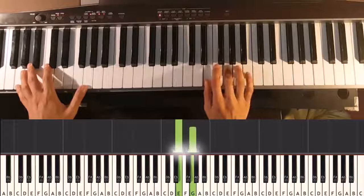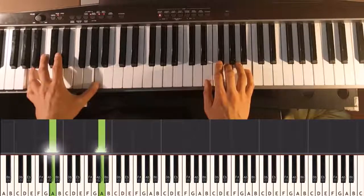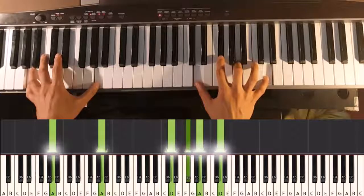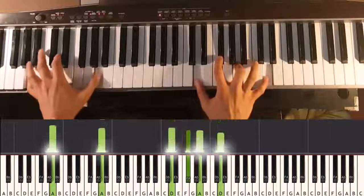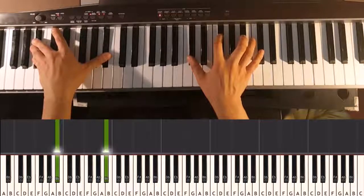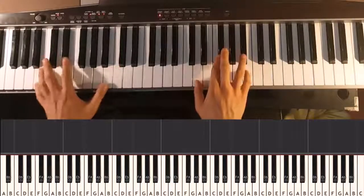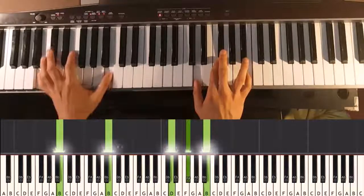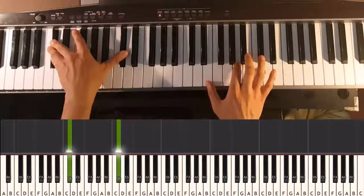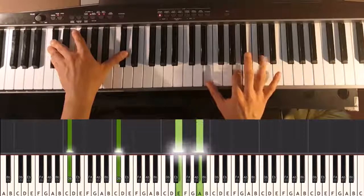So E, G, B, and then we go to an A in the bass, and we get a D major chord up here, and then we get that F sharp major first inversion, and then B minor, and then as the bass goes up again to C sharp, we go to an A major chord, E, A, C sharp,